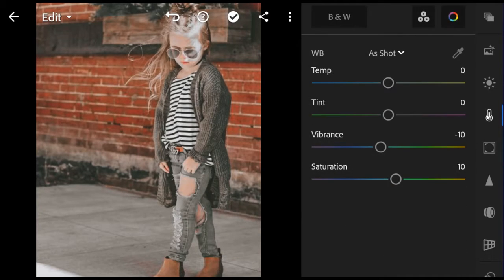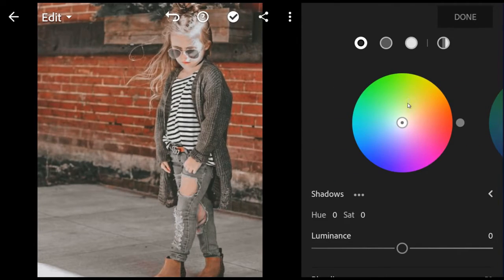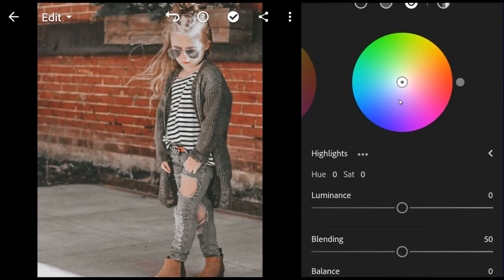Go to Split Tone. Bring the hue to 200 and separation to 16 for highlights.